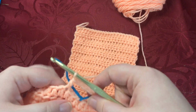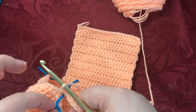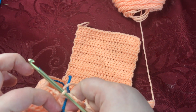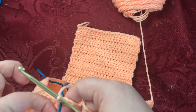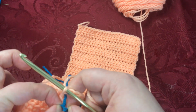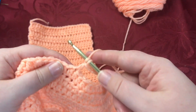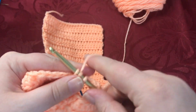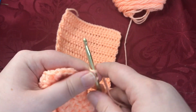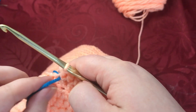This is going to be the loop for your harness. If you don't want a harness, then you don't need to do this. But now we're just going to take that stitch marker out and continue to half double crochet over to the other side stitch marker. Pull out your stitch marker,